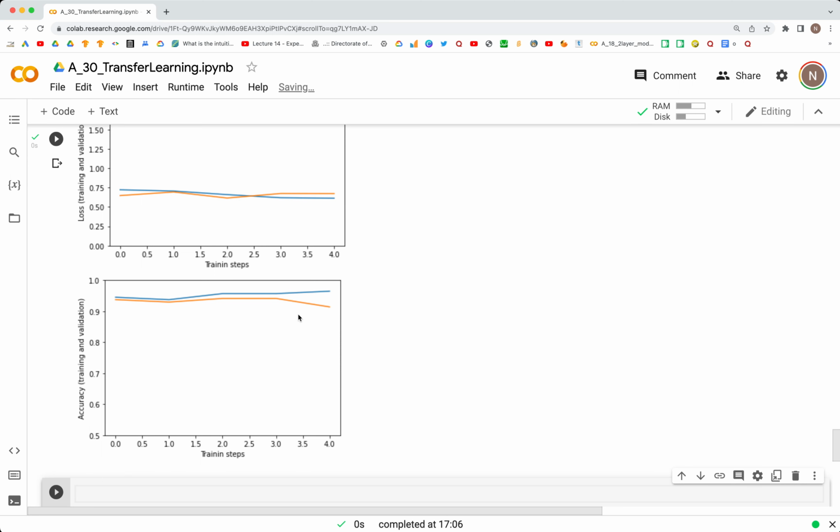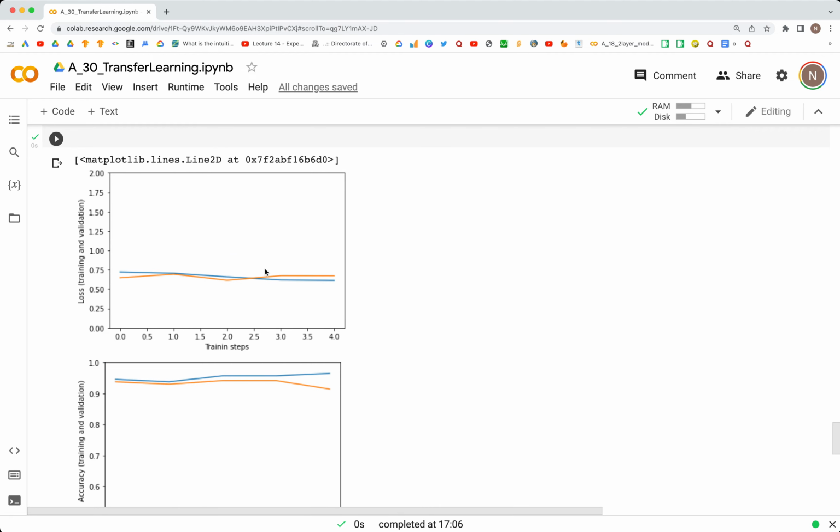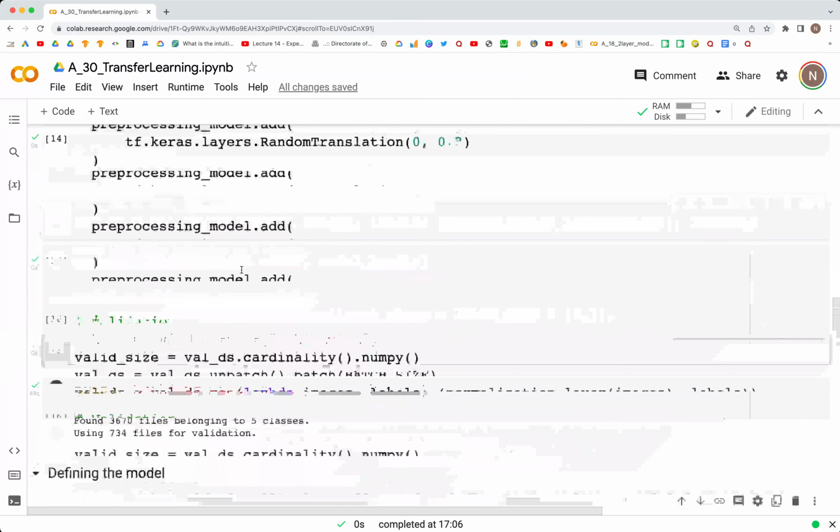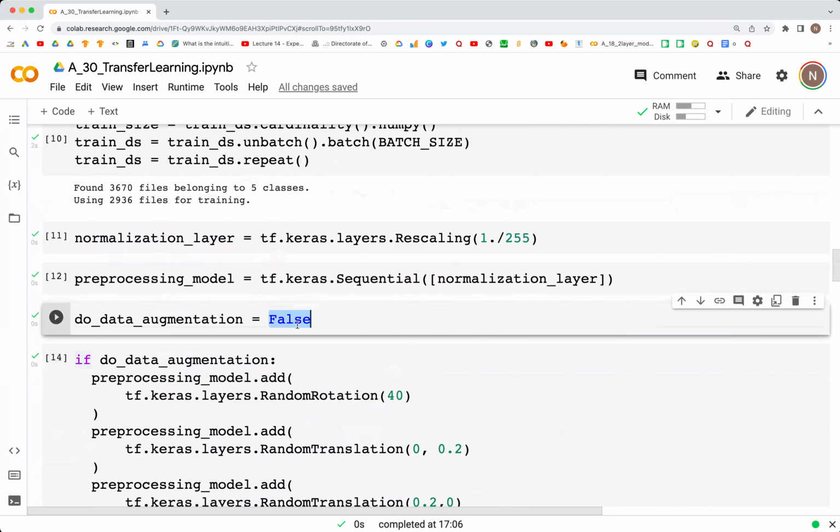It is slightly higher, but still the validation accuracy is pretty close to the training accuracy. And that's without doing any augmentation. So if you run this model again by setting the augmentation to true, the accuracy